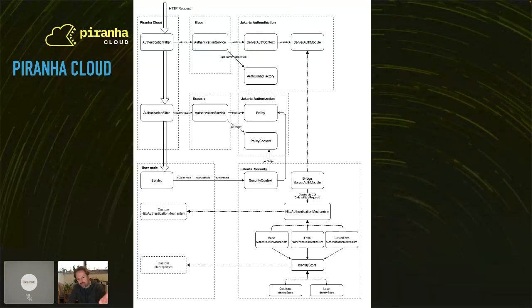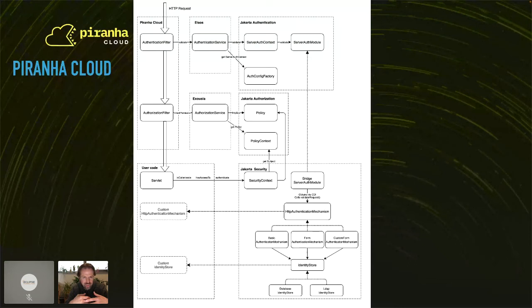So one specific thing I quickly wanted to show you is that there's a security infrastructure. So I hope this comes across. It's a little bit of a complicated diagram. But Piranha Cloud does not use security systems layered on top of each other, where the Jakarta authentication, authorization, security things are, so to say, facades on top of a native security system. So it uses everything quite directly.